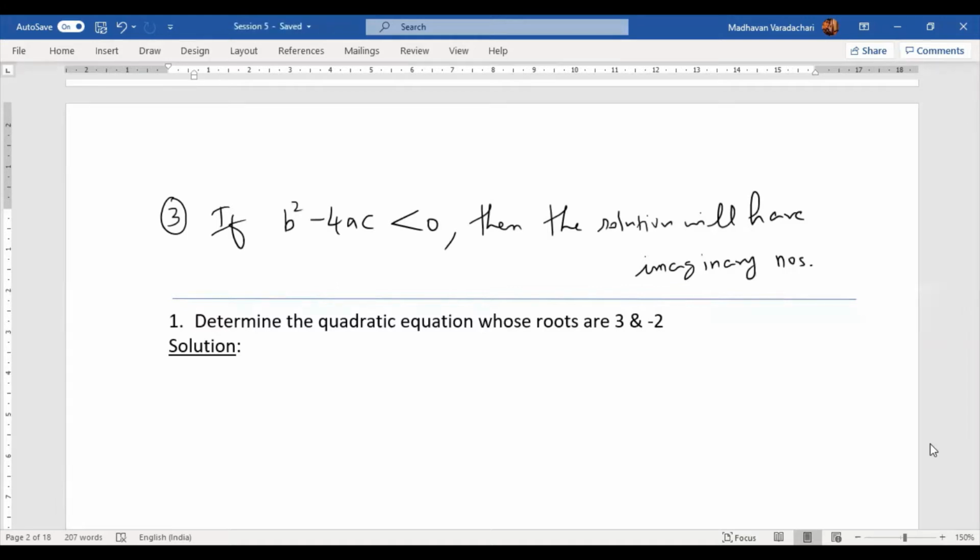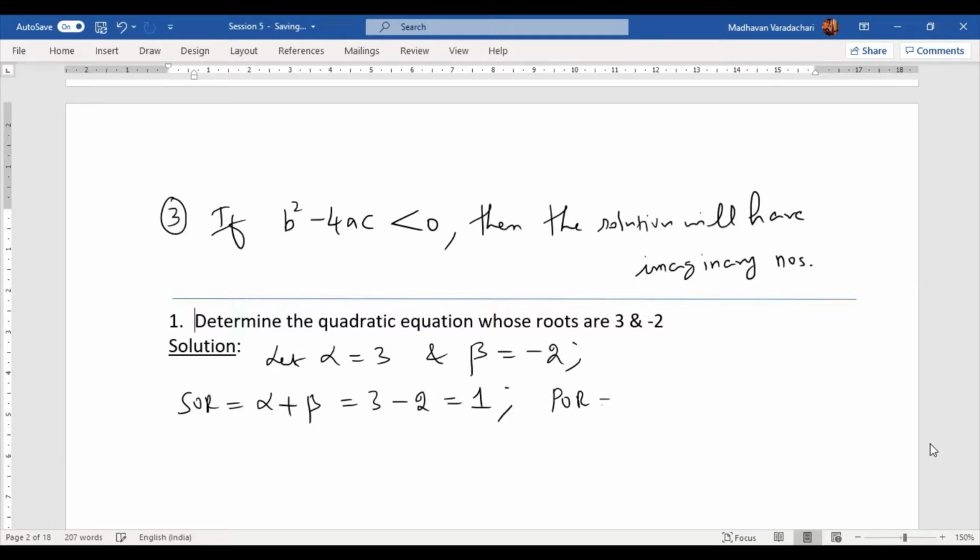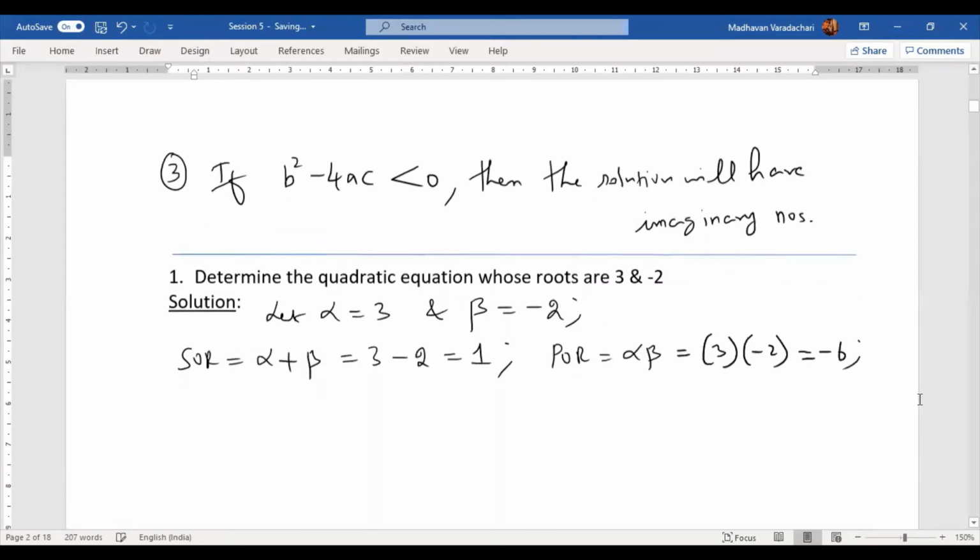Let alpha equal 3 and beta equal minus 2. We know the sum of the roots is alpha plus beta, which is 3 minus 2. I mean, I'm adding 3 and negative 2. You get simply 1. Then the product of the roots, which means alpha multiplied by beta, so it is 3 multiplied by minus 2. We get negative 6 as the result. Therefore,